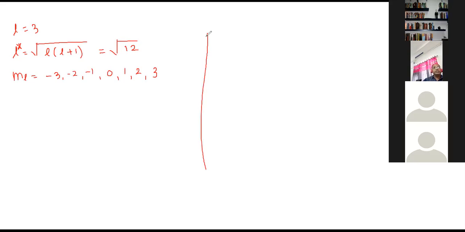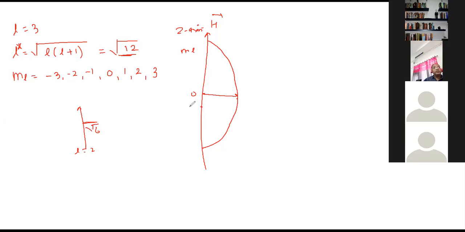Like this. This is the diagram. This is the applied magnetic field. This is your z-axis. And here you have to write the ML values. So you have to take somewhere 0. And definitely, last time, whatever vector we drew was this much only, because that was root 6, for L equal to 2. But this length is more. It is root 12. So I have to draw a somewhat bigger circle. Why a big radius circle? Because the magnitude of L star is more. So this is your first, that is, ML value is 0.